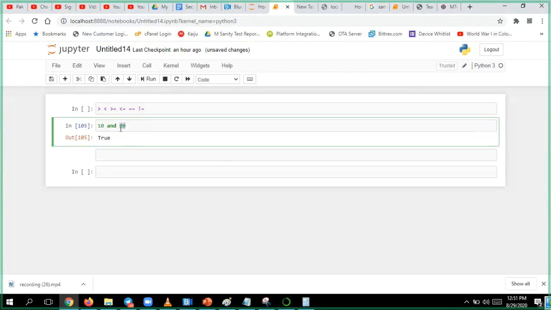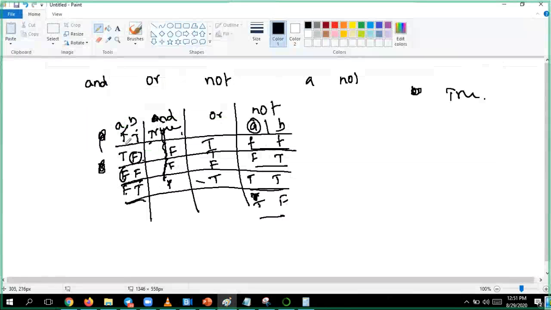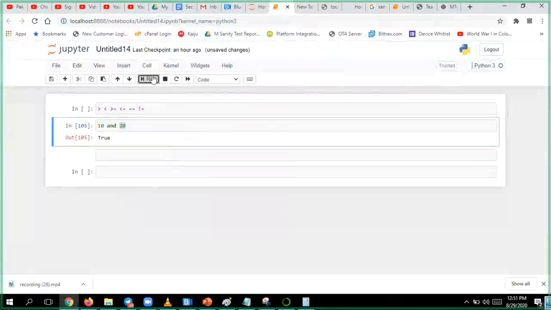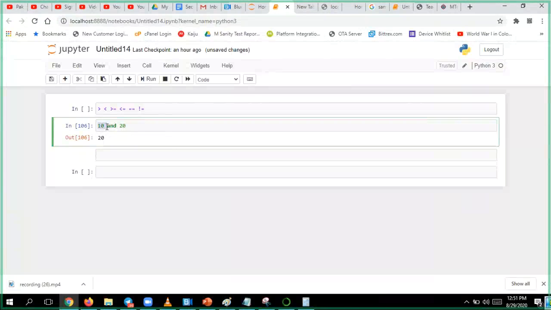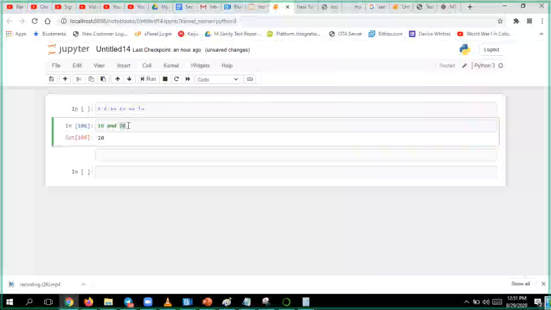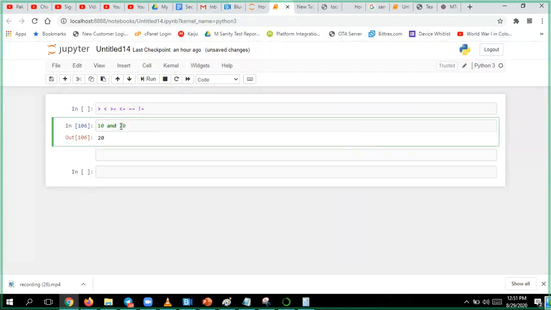Now from the truth table, both are true, so we get true. But instead of true, we will get the last true value. The last true value is 20, right?